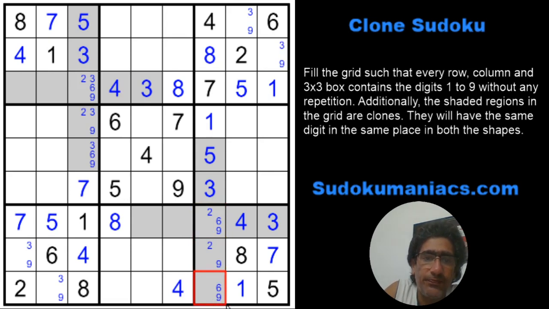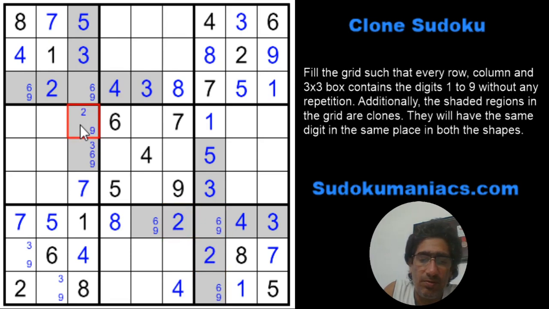Good enough? We got a 3, so this is a 9 and a 3. So 2, 6, 9, which makes this a 6, 9, so this is a 6, 9. This is a 2, 6 because we got a 9 here, but we can't have a 6, so this is a 2. So this becomes a 2, and this. So 6, 9, 6, 9. That becomes a 2. That's 2, and okay. So that's again a 6, 9.